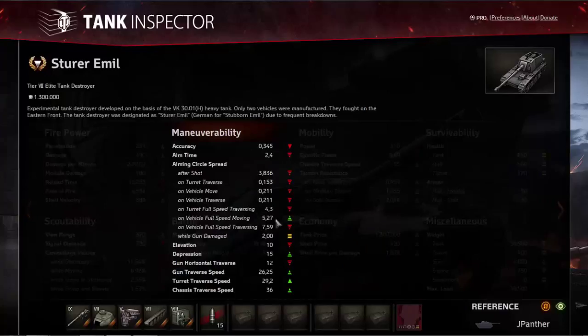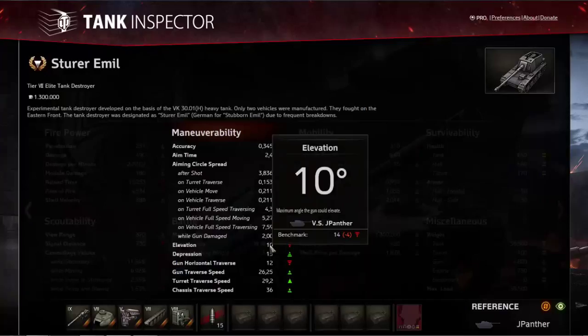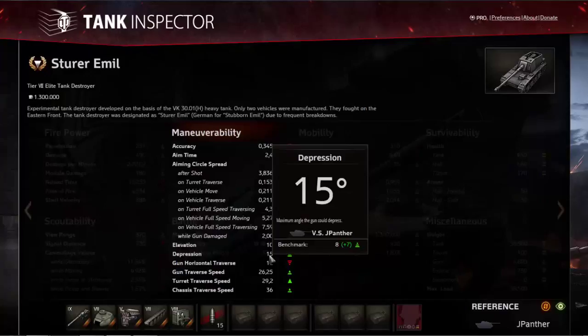The dispersion is pretty horrible, and that is why you always have to use a gun lane drive, but we will get to that. The elevation is pretty horrible at 10 degrees, so be wary that if somebody is up on a hill, you will almost certainly have a problem hitting him. But the gun depression is one of the best I've played with, honestly. At minus 15, it is certainly the best at tier 7, and maybe up to tier 10 is the best,